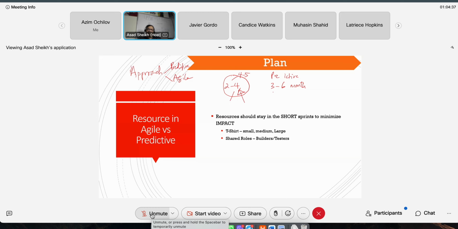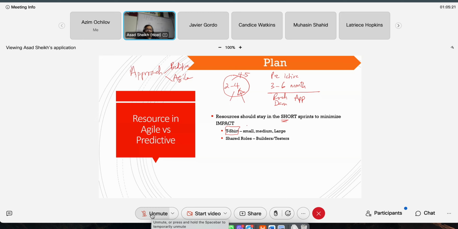Versus predictive, where you've got to build a rocket, for example, or build a dam, or build a house, or deploy a vendor-based app. All of these are a different animal from what a sprint team may be doing. Since the sprints are short, you have fewer resources, and so you have different ways to size them, and they use what we call the t-shirt sizing scheme,